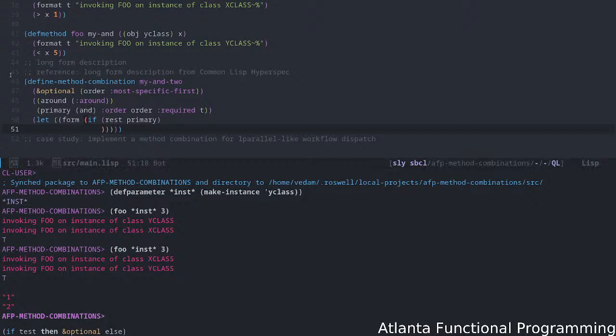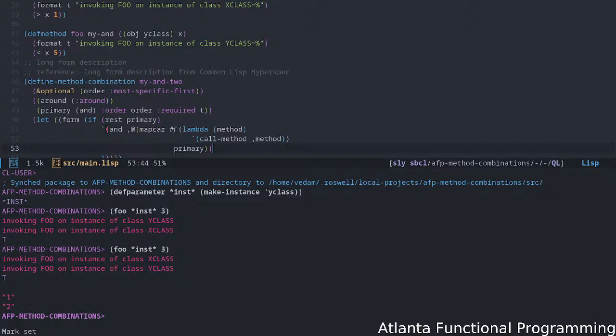And so you would first create something like this. And remember, this is a macro that we're defining. Define method combination is a macro, so we can actually use the back quote to define this. Okay, and what we can do is a mapcar on the primary list, because again, rest primary means that you actually have a list